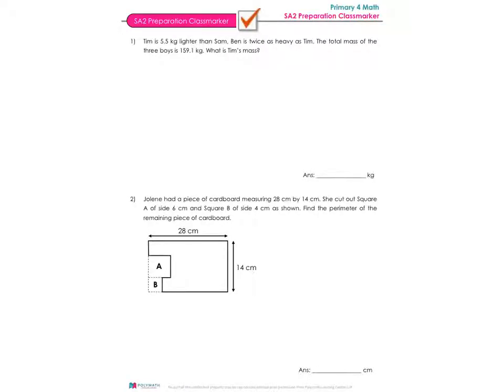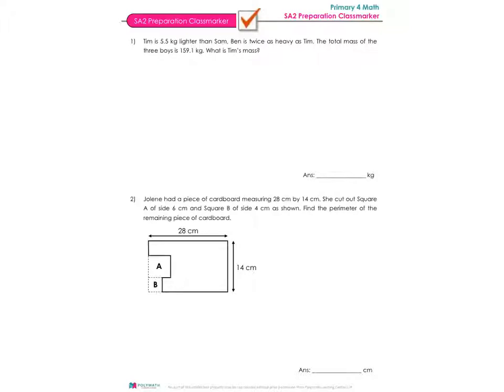Tim is 5.5 kg lighter than Sam. Ben is twice as heavy as Tim. The total mass of the three boys is 159.1 kg. What is Tim's mass? Alright, in such a question where we have three people, usually it's better to make the